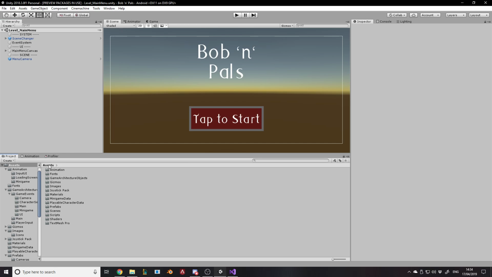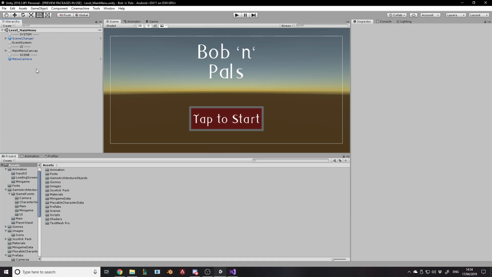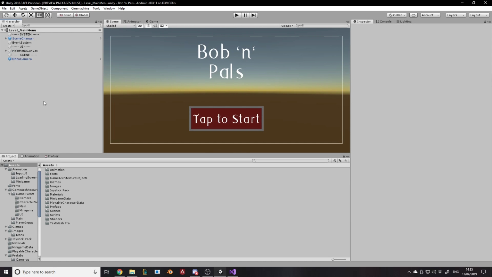So the general rules about this design: one, all references, or as many as possible, should be kept within a prefab. And what I mean by that is, you should never have in a scene a prefab with a public field where you have to drag in another object in the scene to that field. And the reason's because